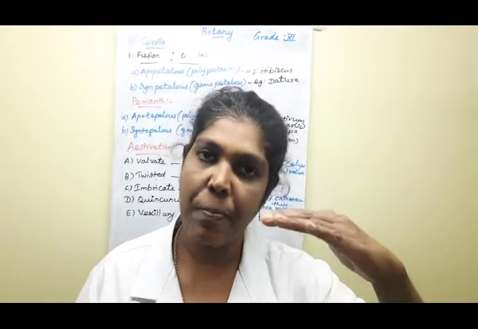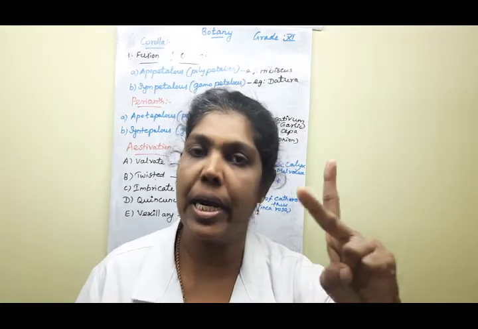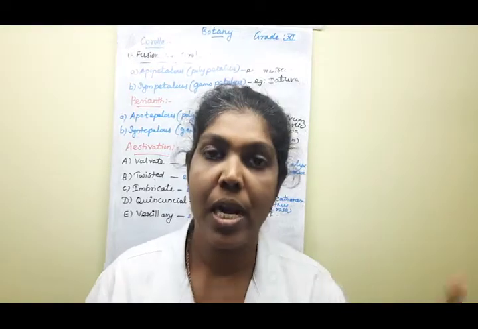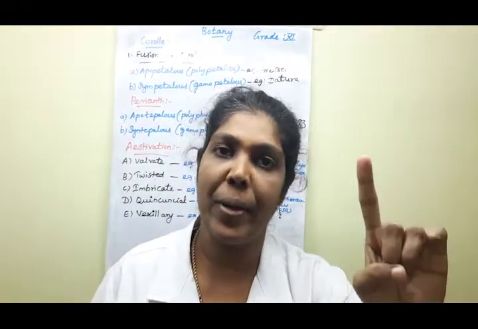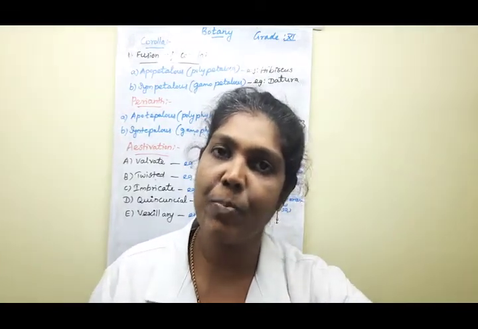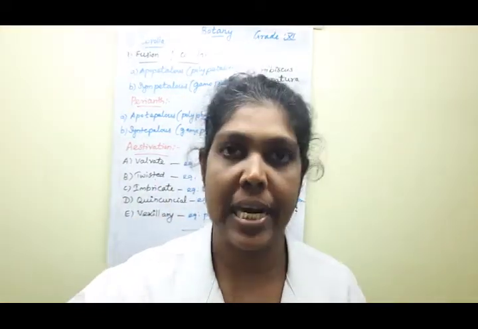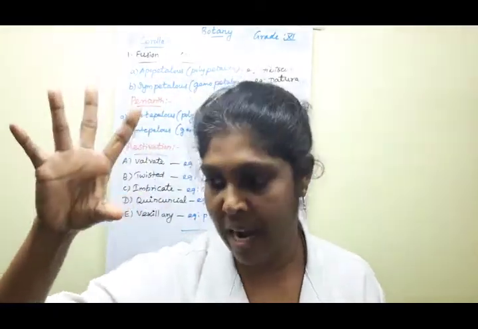What are the two terms, children? The fusion based on the corolla. So we are using two technical terms. Taxonomically they give two terms, children: one is sympetalis and another one is apopetalis. Apopetalis means, relating to the previous one, children, the calyx: aposepalous, what is that meaning? Sepals are free in condition. Sepals are distinct, isn't it? So here also the same meaning. The petals are free in form.